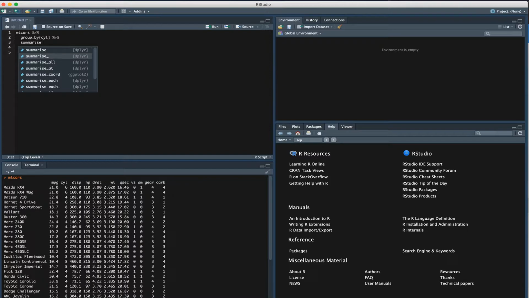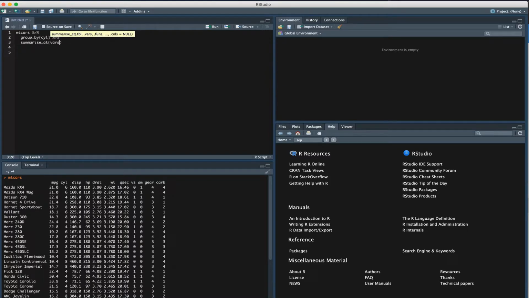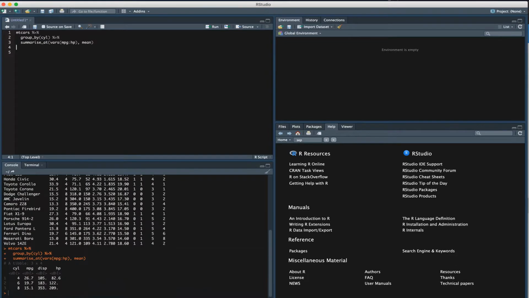So previously, using summarize at, if we want to take the mean of, let's say, columns mpg to hp, we pass them through vars, and next is the function that we want to apply. Let's say mean. So we are grouping by the cylinder column, and for columns mpg to hp we are applying the mean function here, right? So this was using summarize at. It gives us the mean for each unique value of the cylinder column, and the mean of these 3 columns